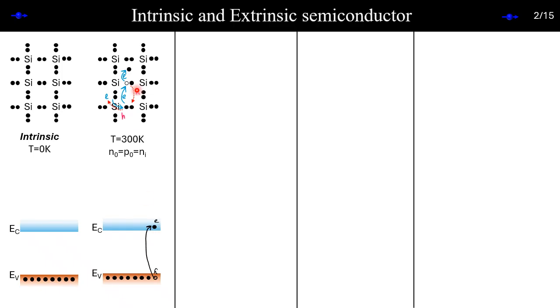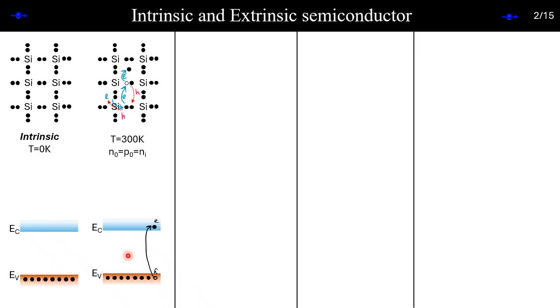Note that at room temperature, what is the thermal energy roughly? 26 meV. So what is the band gap of silicon? Then, do you understand why an electron should jump from the valence band to the conduction band when the band gap is that large? Valid question. Your band gap is much higher than the thermal energy, right? Actually, the energy of some electrons will be high. That's the answer. It's the distribution.